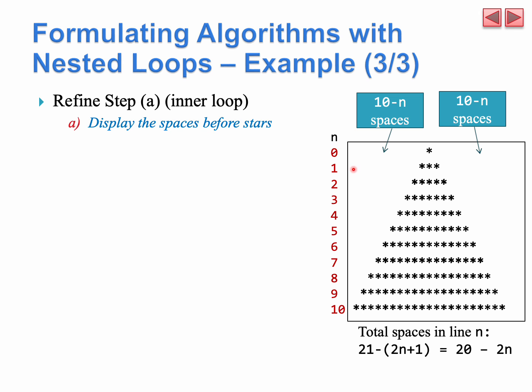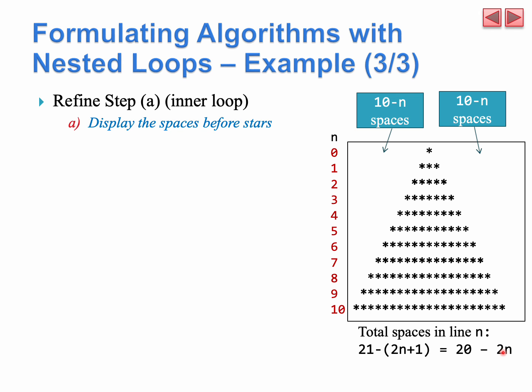We know that each line has 21 characters, and line number n has 2n plus 1 stars. So the total spaces in line number n is 21 minus (2n plus 1), which equals 20 minus